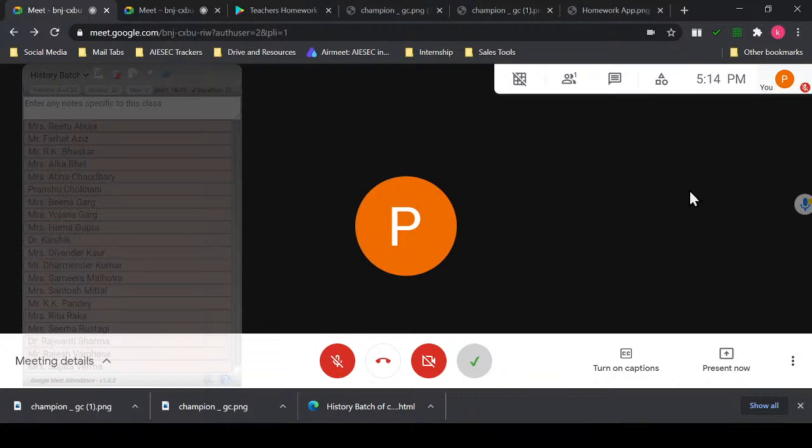Now, what is a Google Suite account? Google Suite is the premium version of all these Google ecosystem, whereby